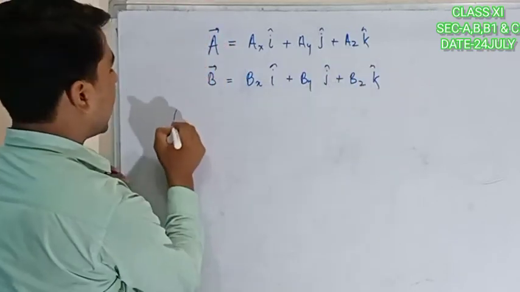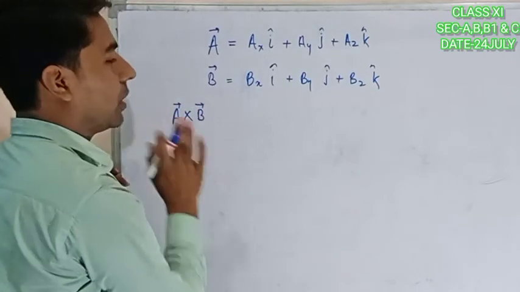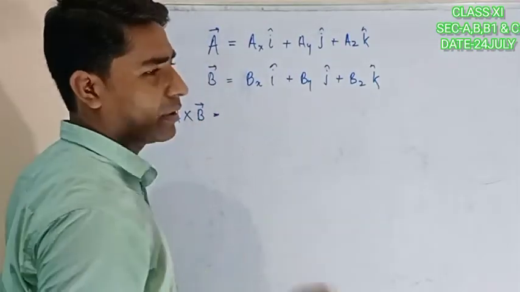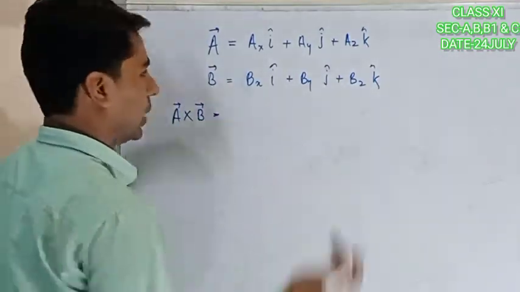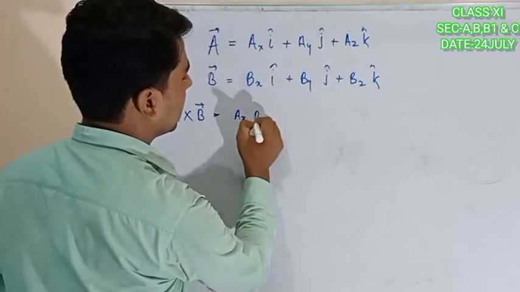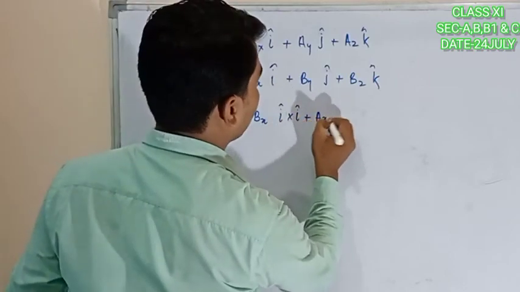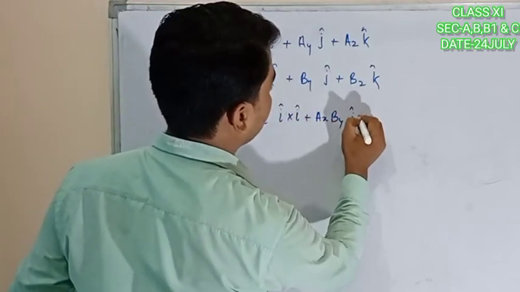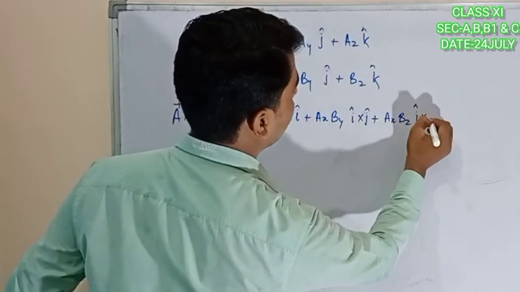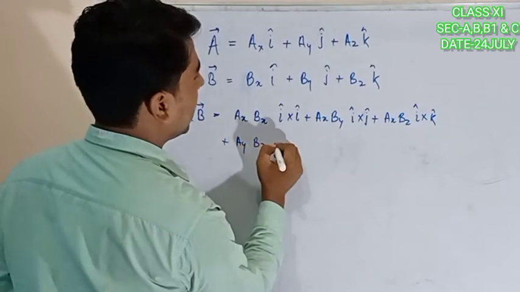What are we going to do? We are going to multiply vectorially, which means we are doing the vector product. The dot product we have seen. If you remember, there were 9 factors, 3 cross 3. I am going to write those 9 factors. ax bx i cross i plus ax by i cross j plus ax bz i cross k plus ay bx j